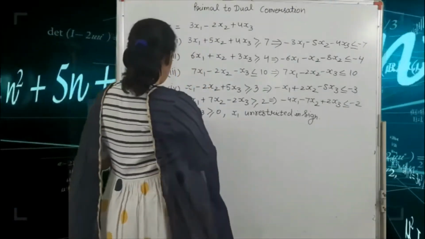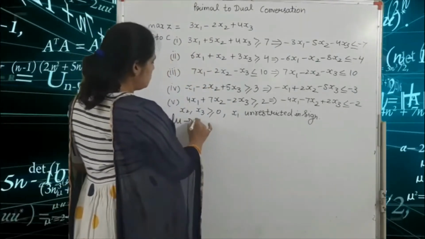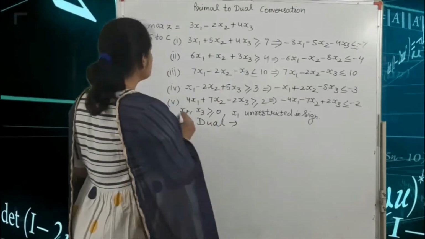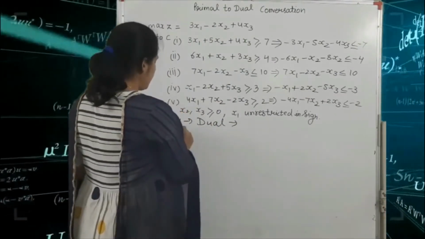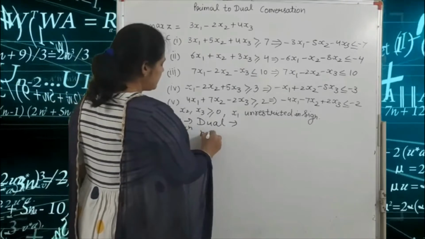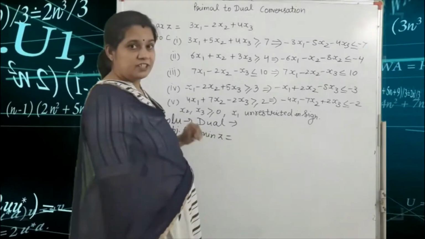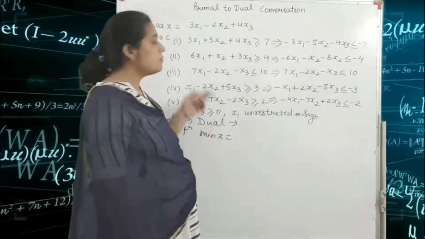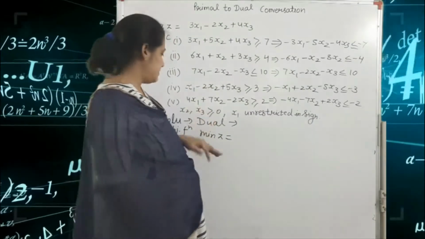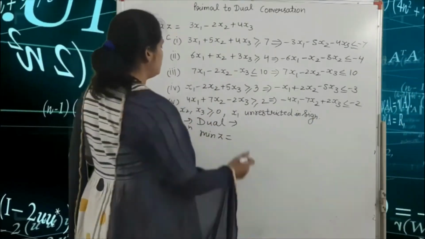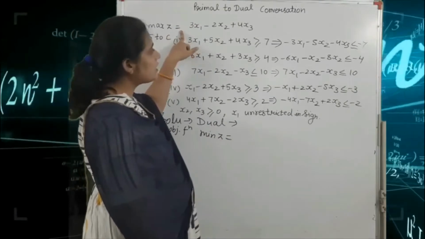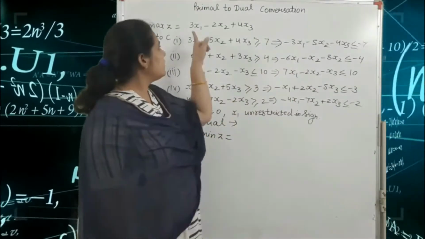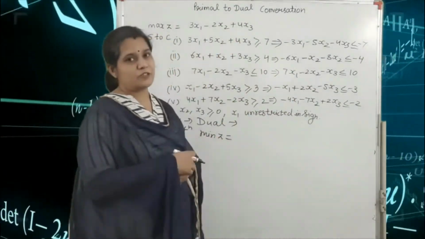So our solution is the dual, that means we convert primal to dual. Okay, so your objective function. We write here the objective function is minimization format, because the condition is that your primal is maximization form, so dual is minimization form. If your primal is minimized, then dual is maximized. Okay, so minimize z is equal to what? Here your subject to constraint converts into the objective function, and your objective function converts into the subject to constraint equation.